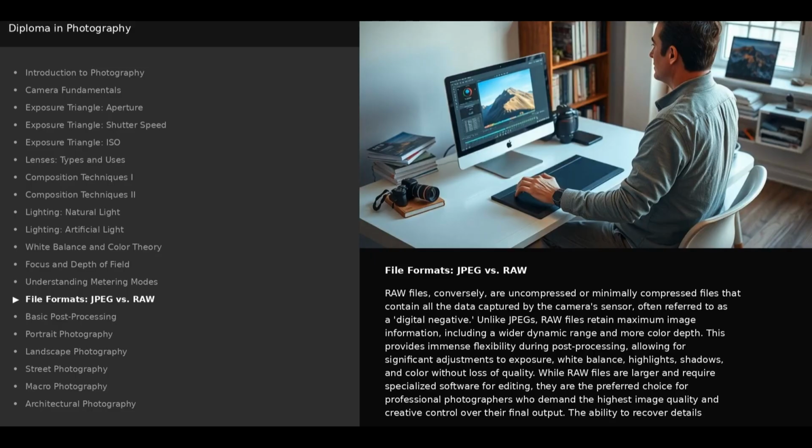RAW files, conversely, are uncompressed or minimally compressed files that contain all the data captured by the camera's sensor, often referred to as a digital negative. Unlike JPEGs, RAW files retain maximum image information, including a wider dynamic range and more color depth. This provides immense flexibility during post-processing, allowing for significant adjustments to exposure, white balance, highlights, shadows, and color without loss